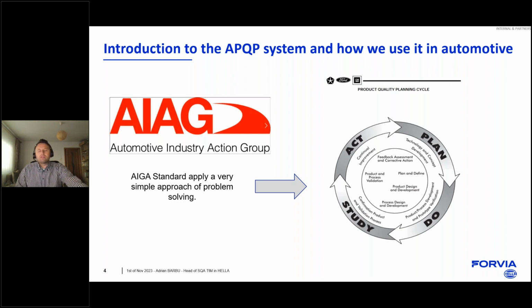I don't know if every industry uses the same PDSA as a naming, but I'm pretty sure all the industries are using the approach itself. So they always have to plan activities, they always have to do the activities, they have to study or analyze those activities, and then of course need to act accordingly in order to make the implementation in a proper way.